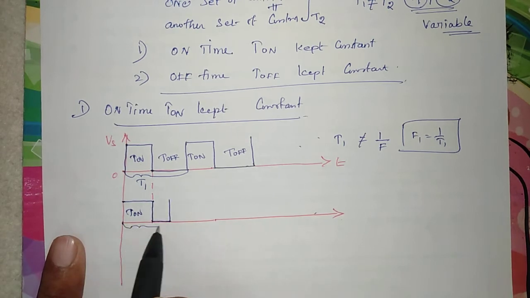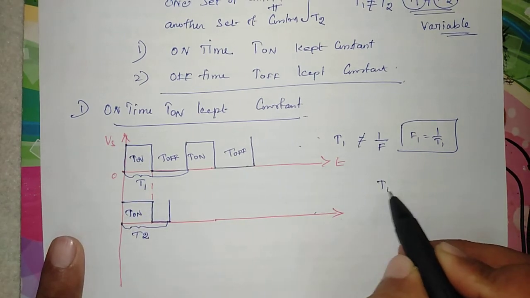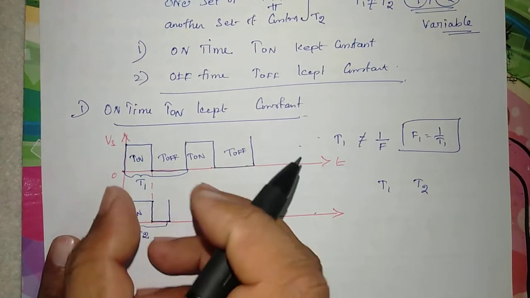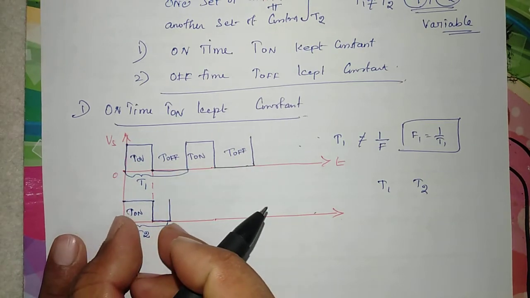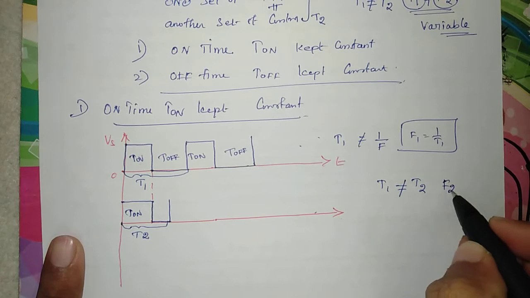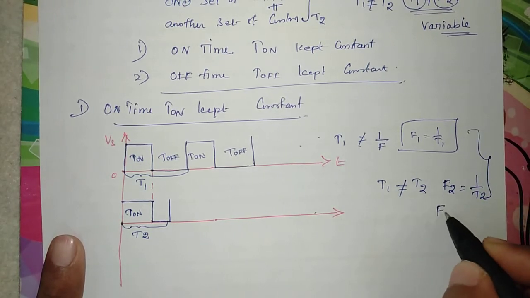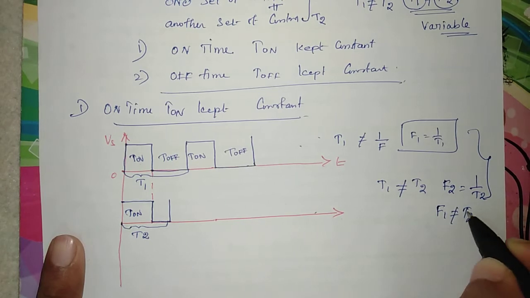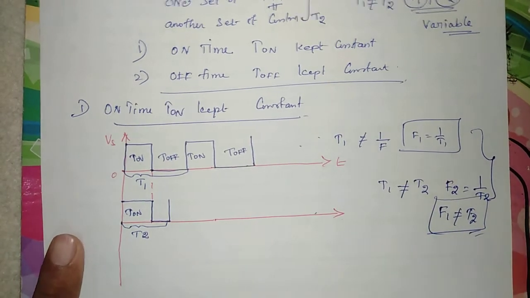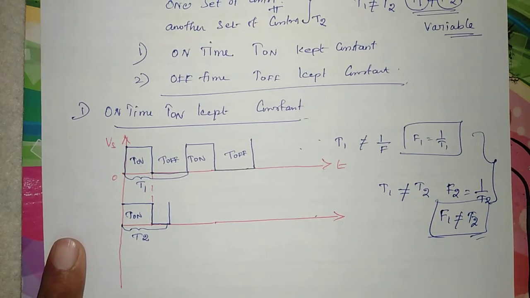So this is our t2. While we are comparing t1 and t2, here t1 this much time, t2 here this much time. See, t1 is not equal to t2, so f2 is equal to 1 divided by t2. From these two conditions we can have f1 is not equal to f2. So we can say the variable frequency can be obtained by maintaining the on time, that is t on,